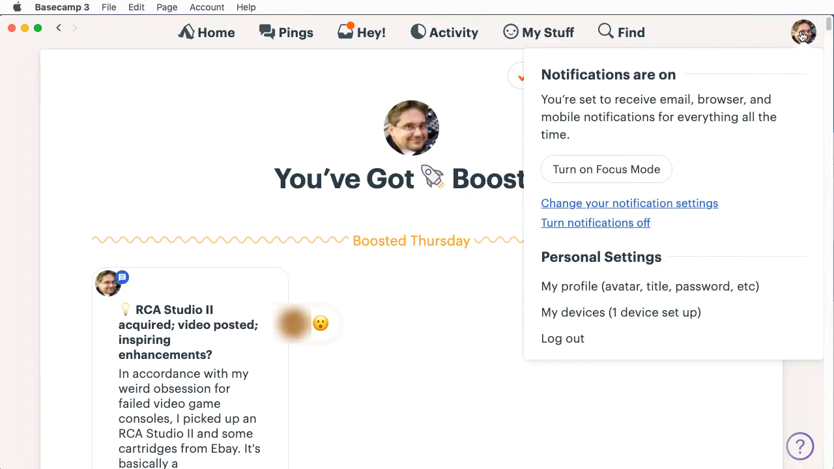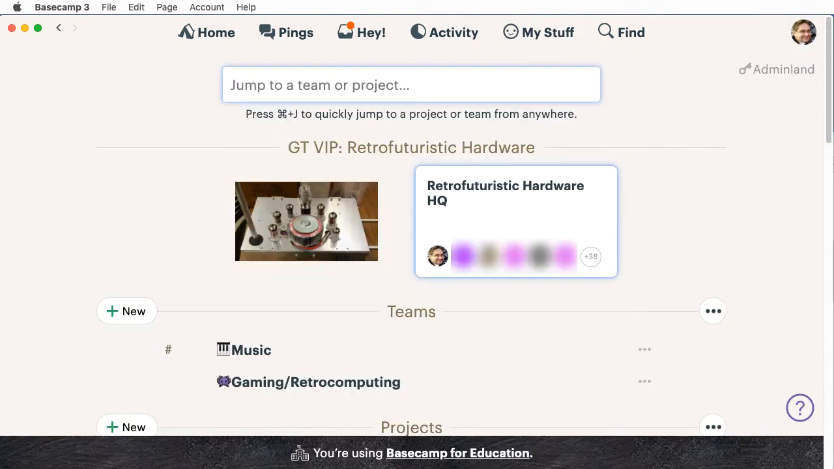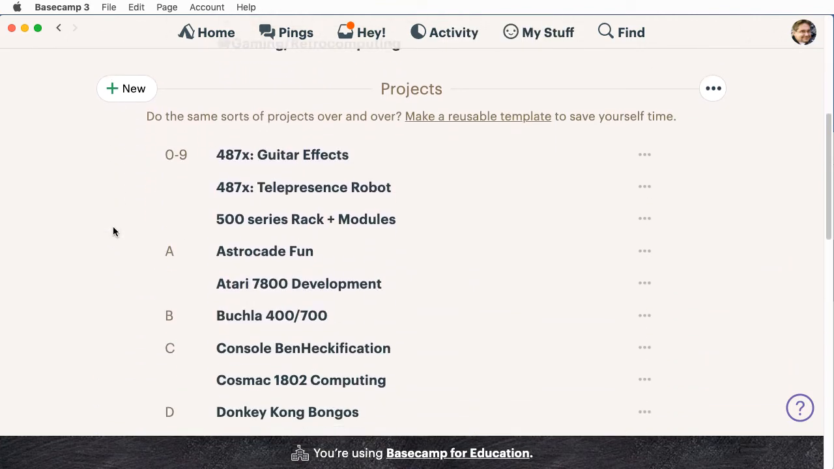The last thing I'll mention here is the various settings that you can modify by clicking on your little picture in the upper right-hand corner. This is the place where you can change your password, set up your cute little picture here, whatever it might be. One other thing I should mention is that you can turn various notifications on and off